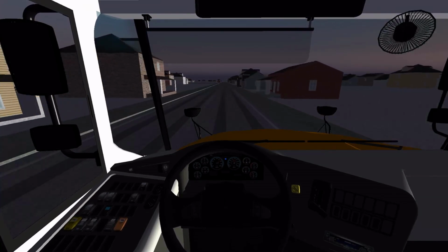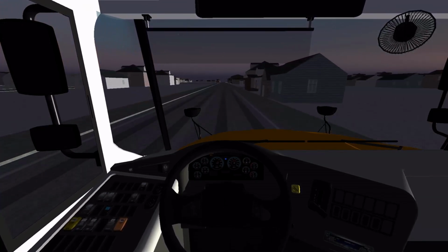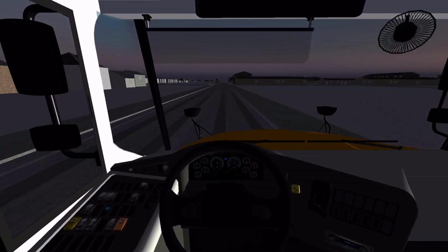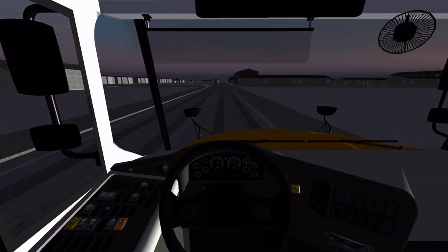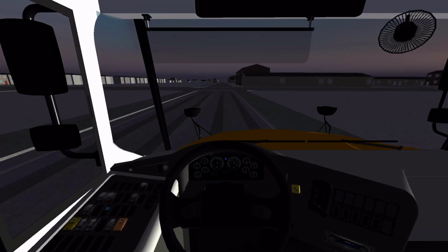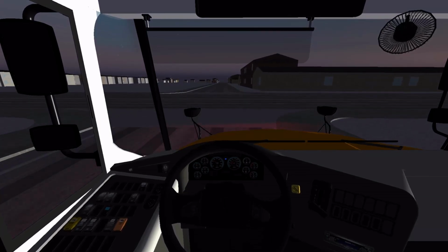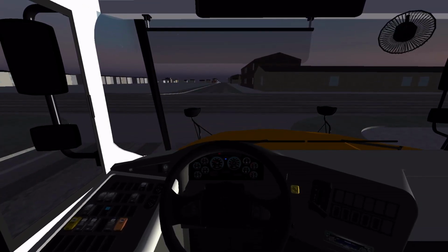So let's turn our amber warning lights on. You can see we've got an indicator on the dash. It tells us that our amber warning lights are on. So then, at the intersection up ahead, we can slow down. And about right here, we should put the bus in neutral, pull the brake, and then open the door, which